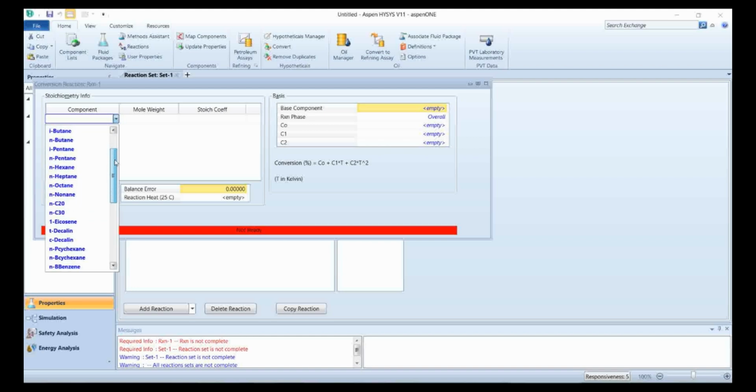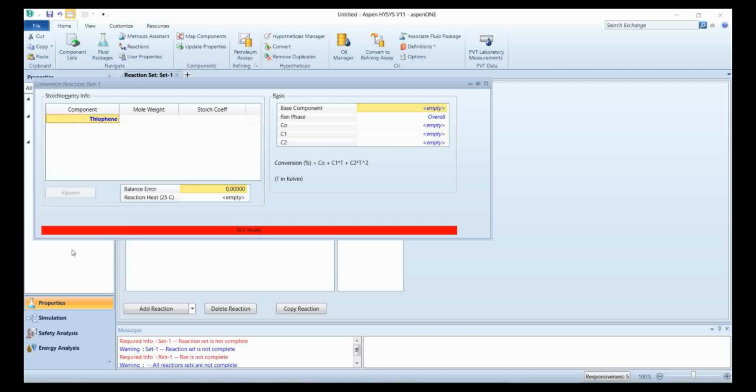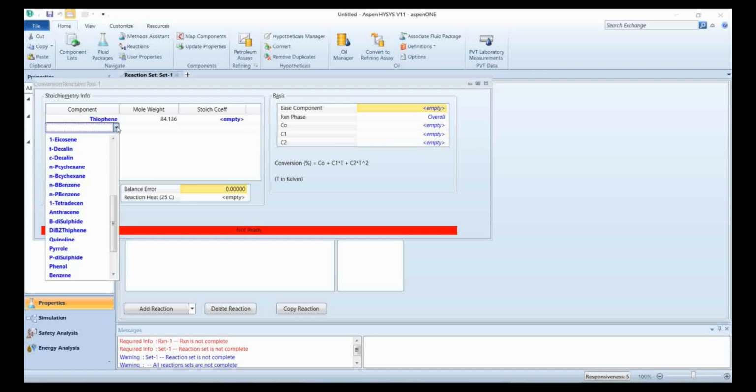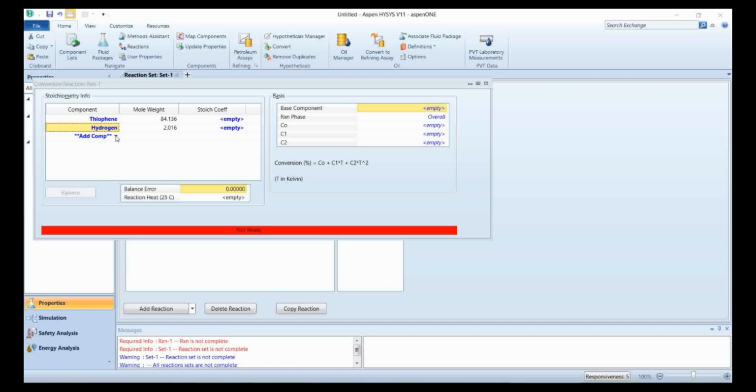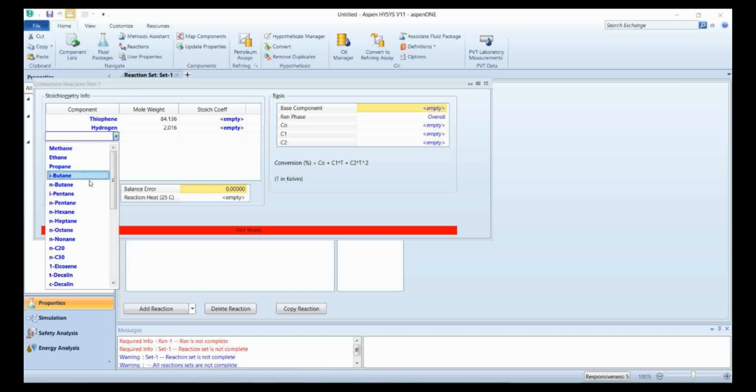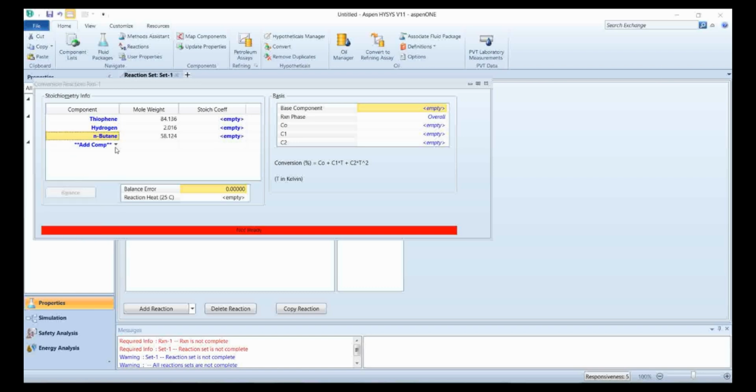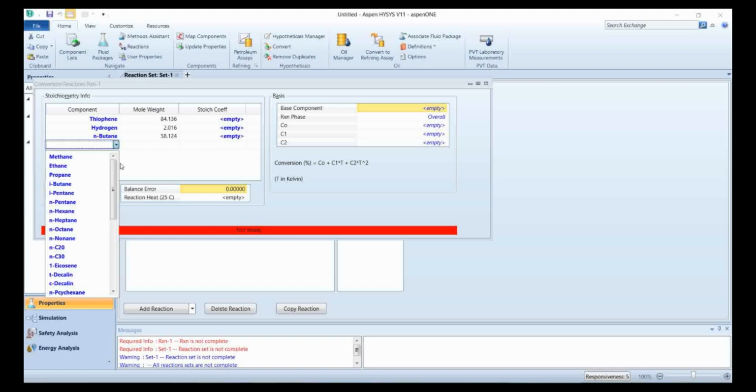For our first reaction, we will use thiophene. The second reactant is hydrogen. And the products are N-butane and H2S.